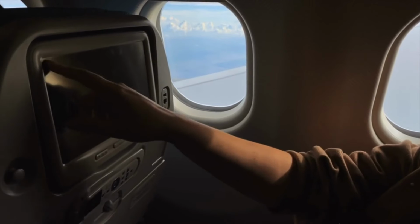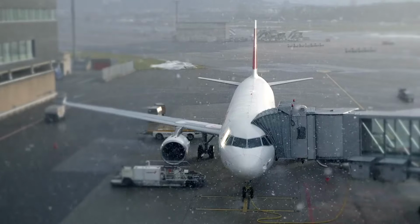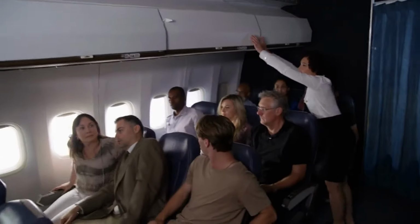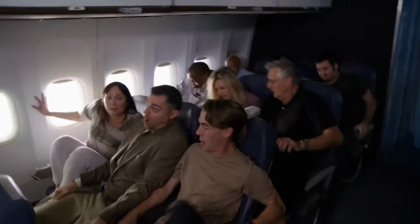Chapter 3. Sky High Comfort Kit. DIY essentials for in-flight bliss. Comfort is key when flying long distances, and a personalized travel kit can make all the difference. First up, noise-canceling headphones. You may not realize how much constant engine noise affects your ability to relax. According to a study by Harvard Health, background noise can increase stress levels by 30%, so blocking it out is